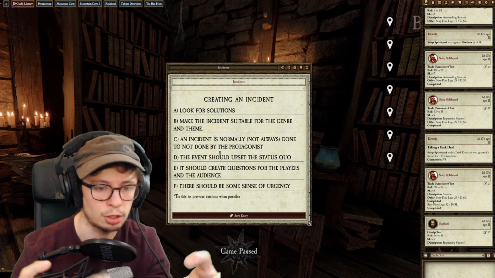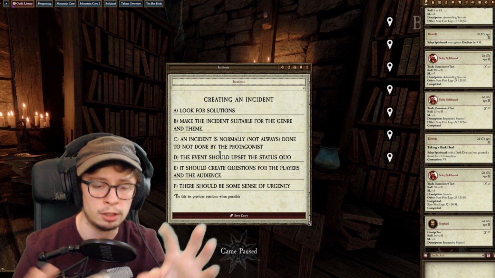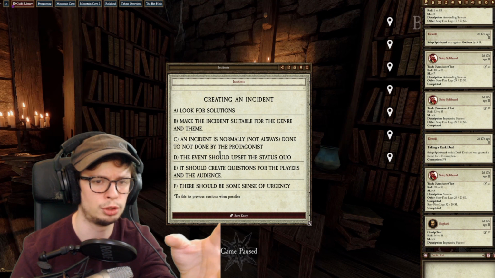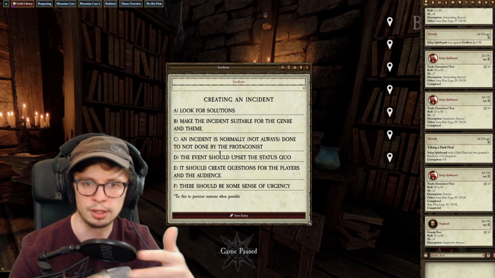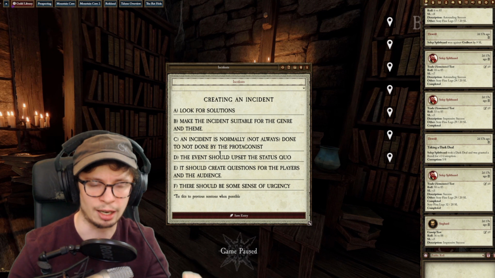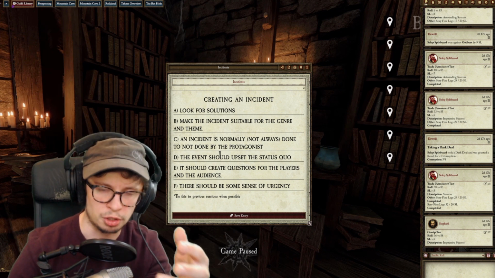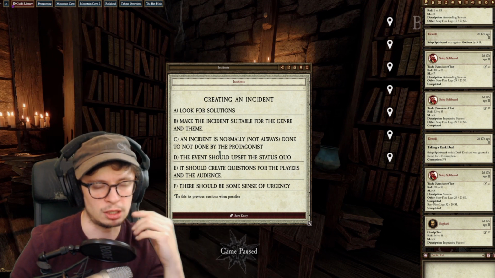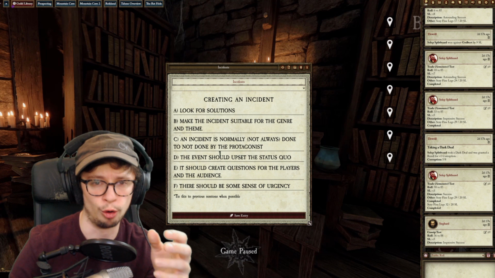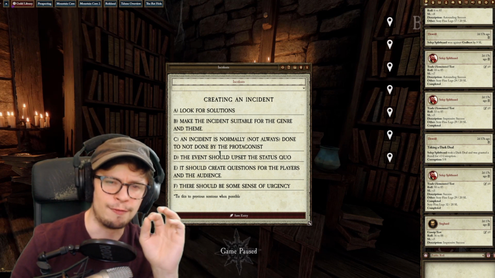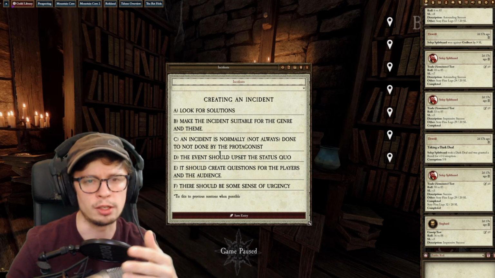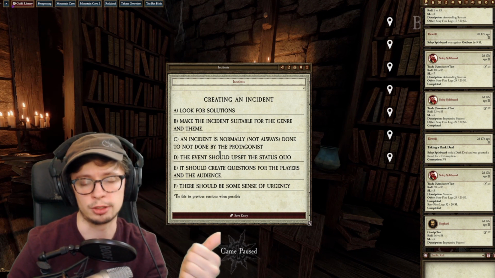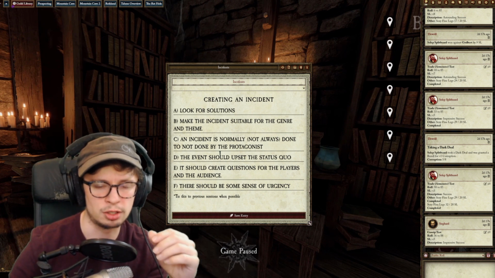A combat encounter on its own is a mini hero journey of: there's really bad things happening, what are we going to do? Here's an idea, there's a solution, enact solution, resolution. That's a mini hero journey within a combat encounter. What you need to make sure you're not doing as a GM, in my opinion, is deciding how they're going to get out of these incidents, because that is the worst type of incident, one that has very clearly defined ways of dealing with it that are obvious, because then the viewer, which is you and the players, or the people that aren't acting in that scene, let's say,